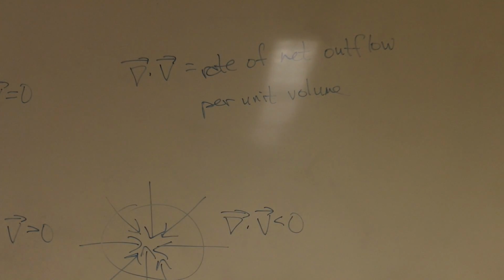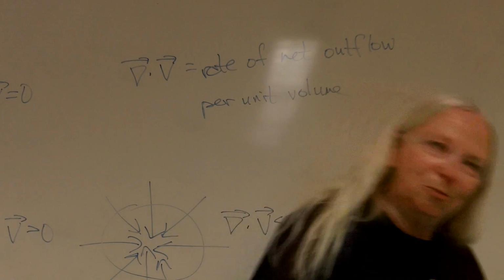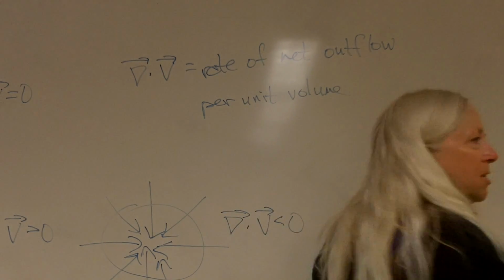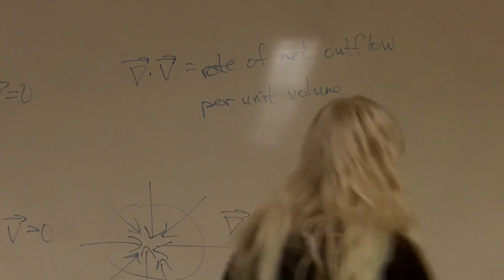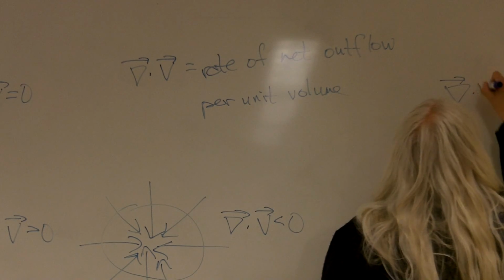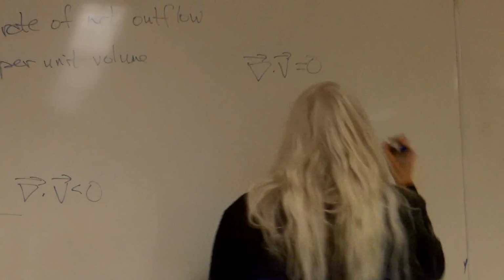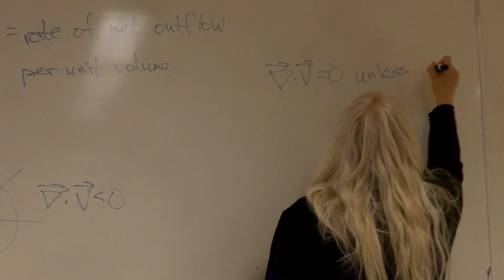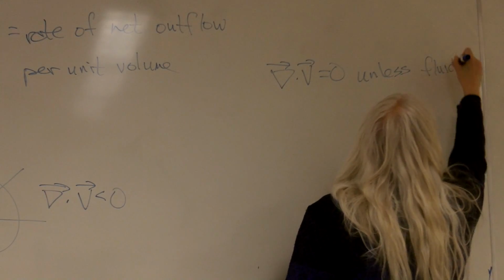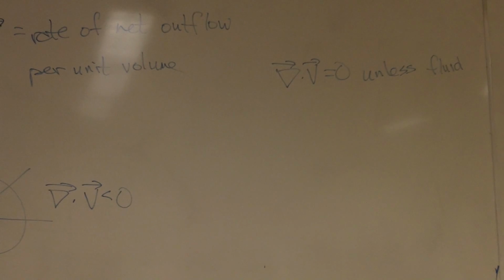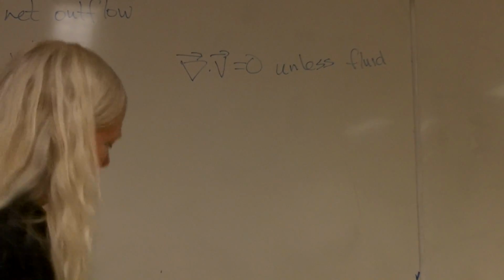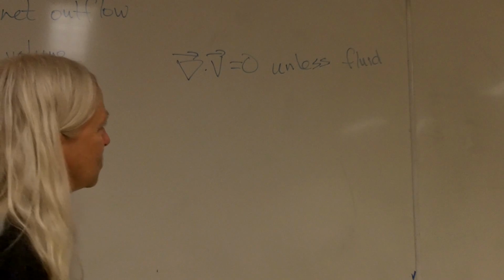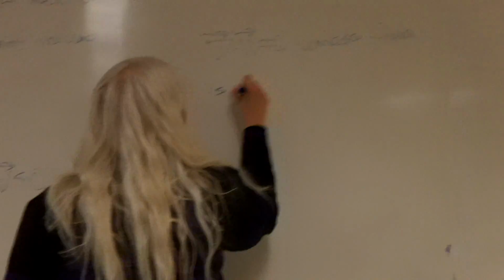Okay. Well, let's continue to think about a liquid. We'll get to the electrical case in a few minutes, but liquids are easy to visualize, I think, so let's explore that analogy as far as we can for a moment. So the divergence of V would be 0 unless there is some fluid. By the way, the word fluid means either a liquid or a gas. So I actually could be describing a gas with what I said too. It's maybe just easier to visualize it with a liquid. The divergence of V would be 0 unless one of two things is possible. Unless the fluid is either created or destroyed,